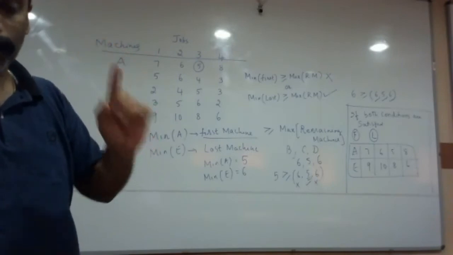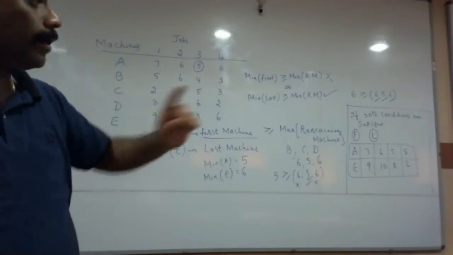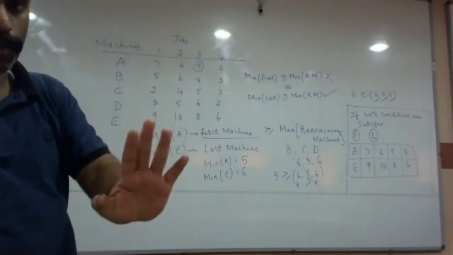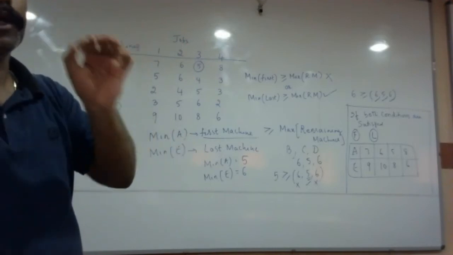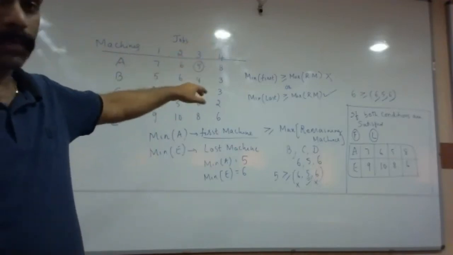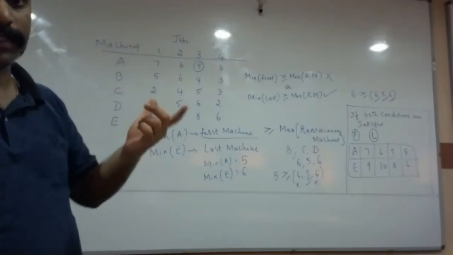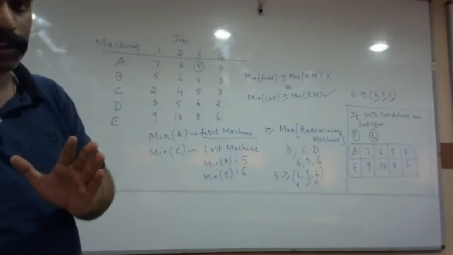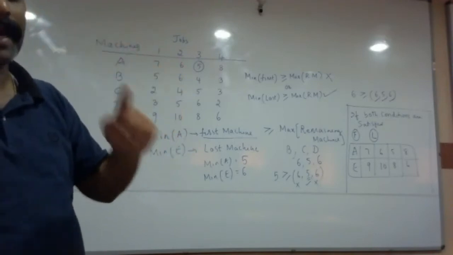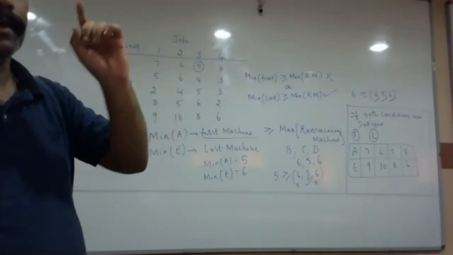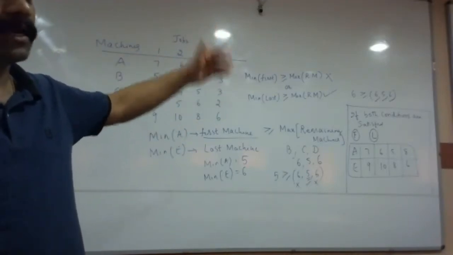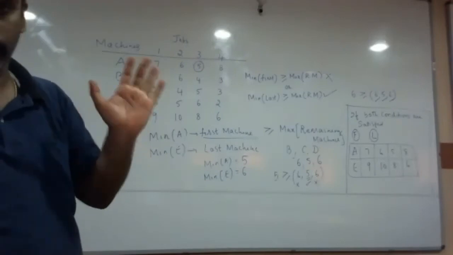Is that clear now? The most important point to be remembered here is, when are you supposed to convert this entire question straight away into a two machine problem, and when am I supposed to introduce two fictitious machines called G and H. Yesterday I explained, in this problem we converted it to G and H machines. Do you all remember that? We converted into G and H machines by taking G is equal to A plus B plus C plus D, the first four machines, and H is equal to the next four machines, that is B plus C plus D plus E. So by taking those two values, we got G and H, applied the sequencing rule, and we got the answer. That's a different story.